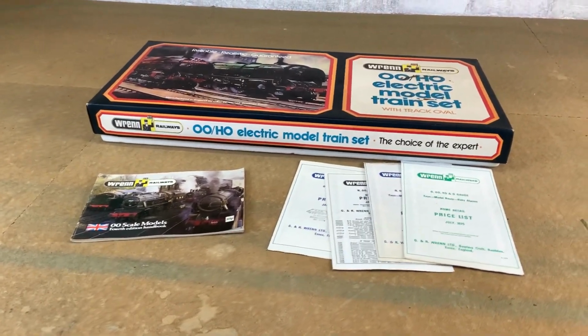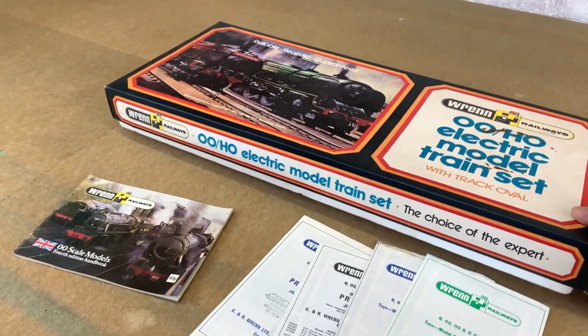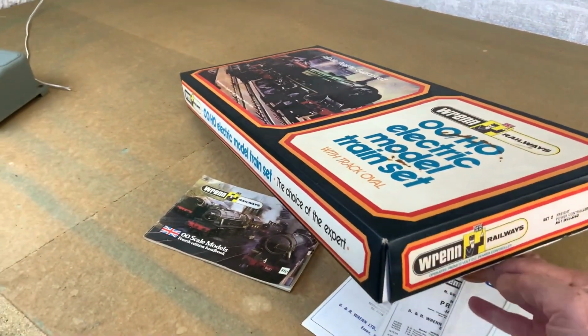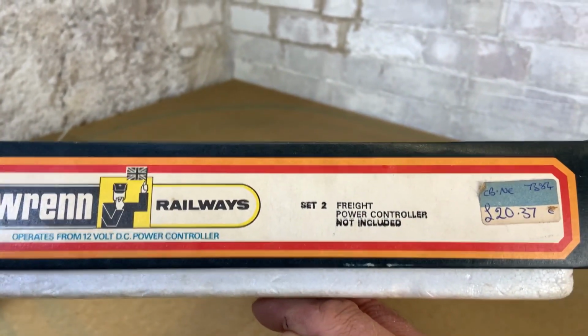And it's time to run this Wrenn train set. We saw it a couple of weeks ago. I'm really looking forward to running this. Let me just see if I can give you a look at the label. Set 2 freight,